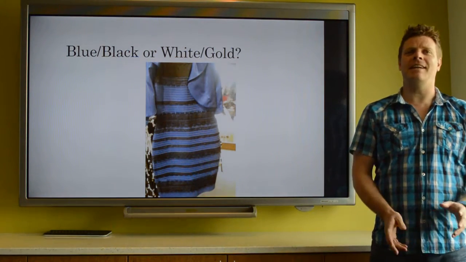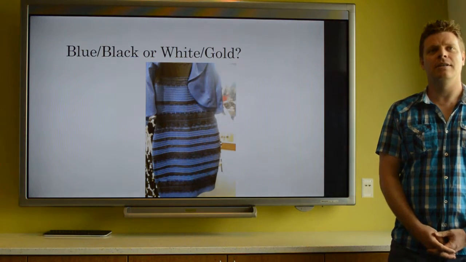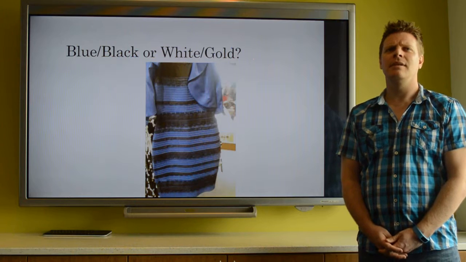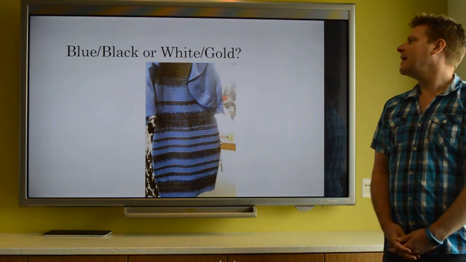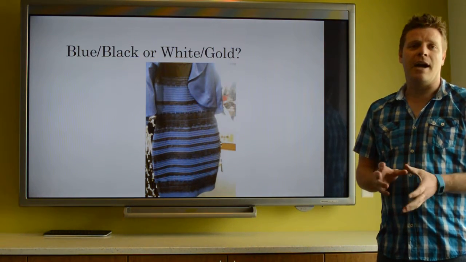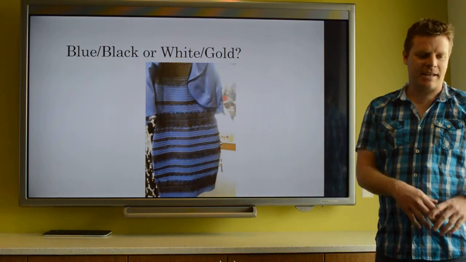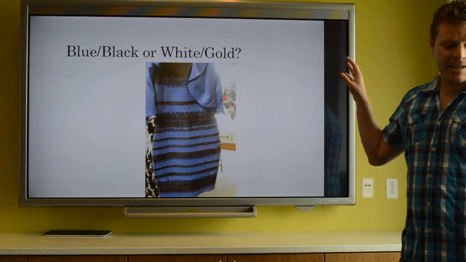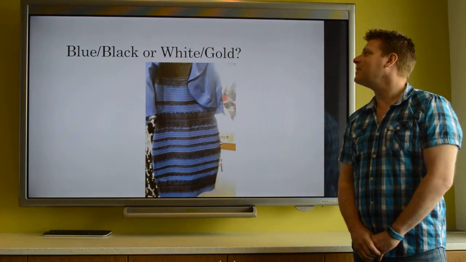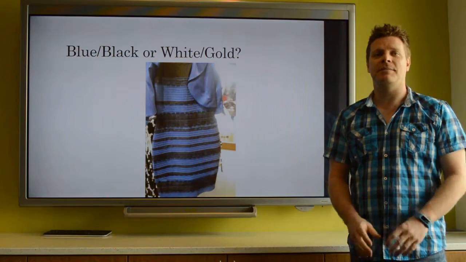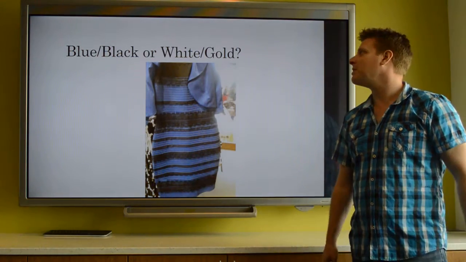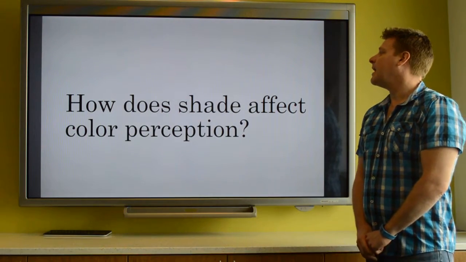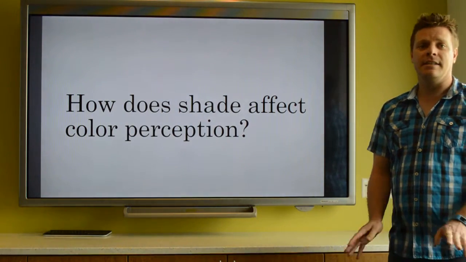Does anyone perceive it as anything other than those two options? Maybe a sort of blue and a brown, maybe? Yeah, so another option is a bluish and a brownish colour, which tends to get categorised into the blue and black camp. So hopefully by the end of this talk you'll be able to understand why this perceptual paradigm occurs across the population. To begin with though, I'll talk about how colour is perceived under shade. This is the simplest